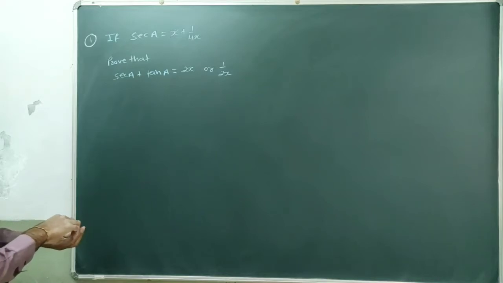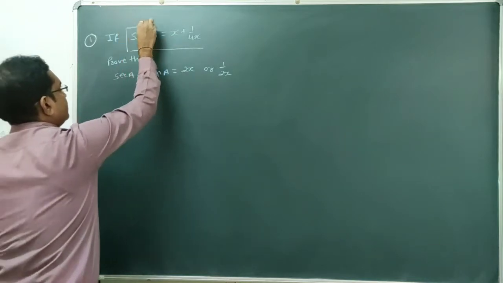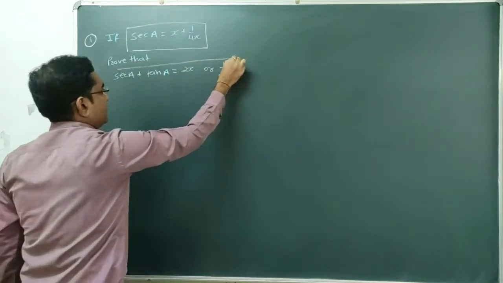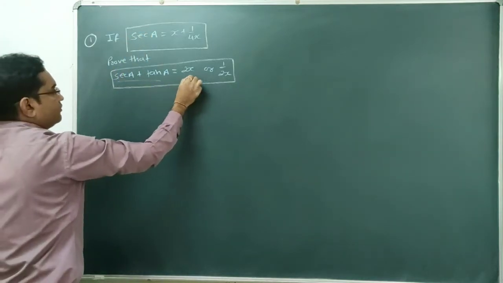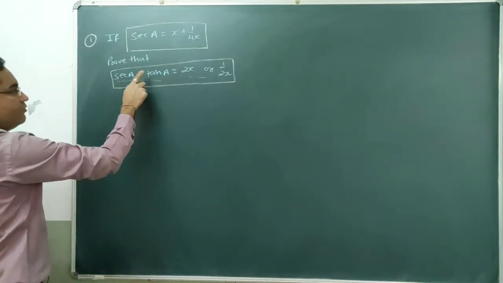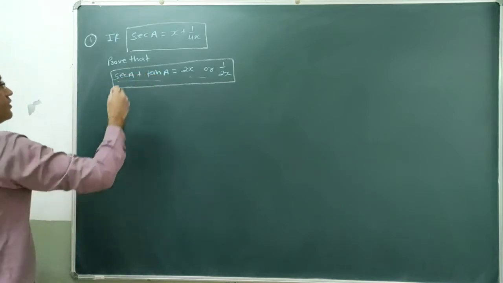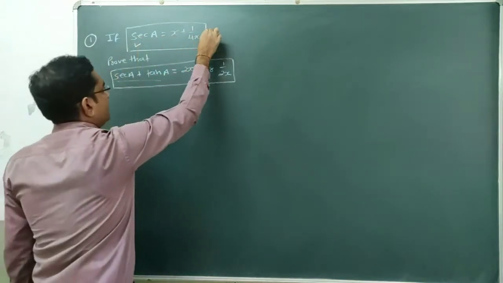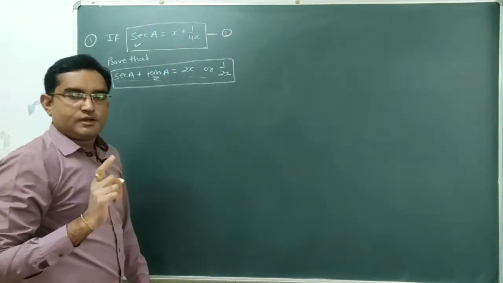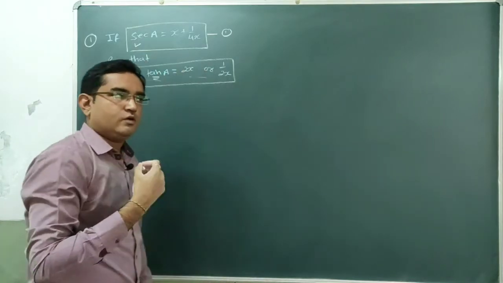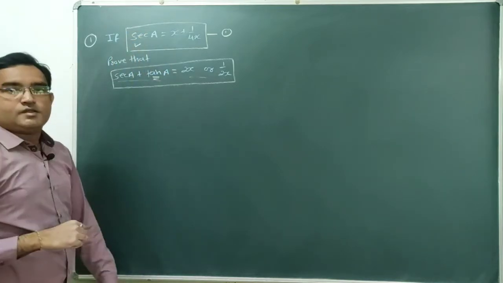So here this is the type of sum in which one expression is given. By using this expression we have to prove another expression. So this is given, sec A is given. We have to prove this one is equal to this one. This is the left hand side of our objective, in which sec A plus tan A is there. Value of sec A is given, say result number 1, but value of tan A is not given. So we require the value of tan A. Now our question is how to find the value of this tan A when sec A is given.